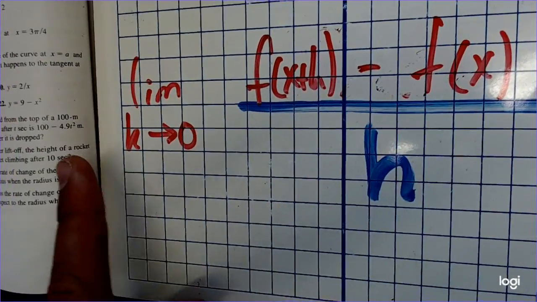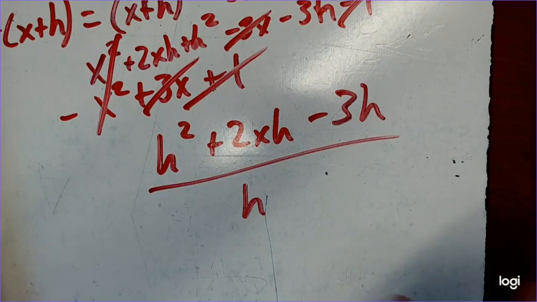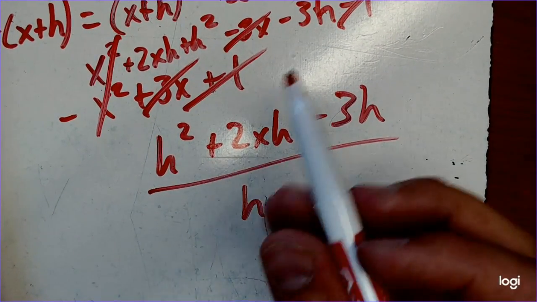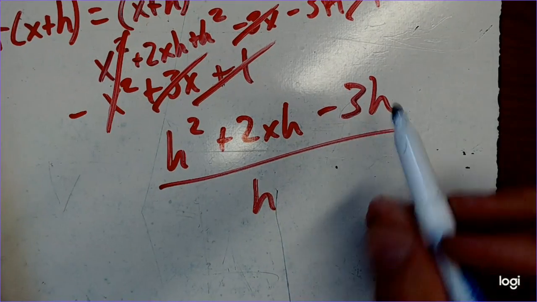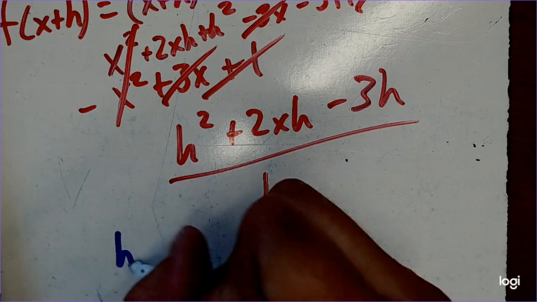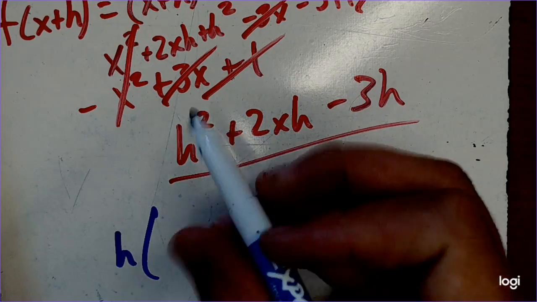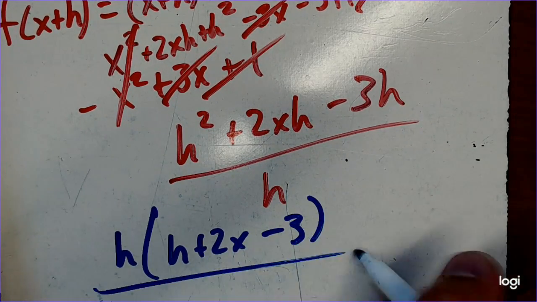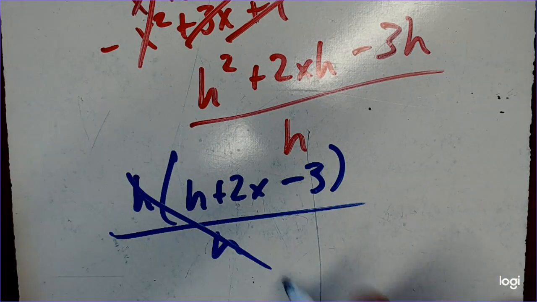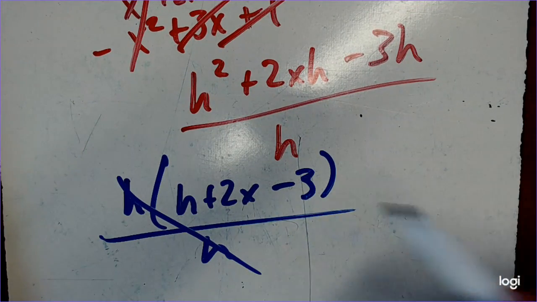And this is great because I'm calculating the limit as h approaches 0, and I need to use some algebra to rewrite this. So let's factor h out as the greatest common factor. Go ahead and switch over to a nicer color like blue. If I rewrite this numerator, now I've got h times the quantity h plus 2x minus 3 all over h. That cancels, so now I've got h plus 2x minus 3